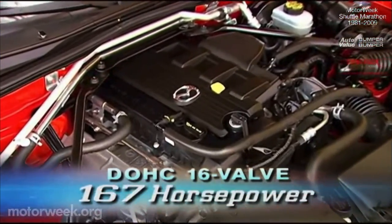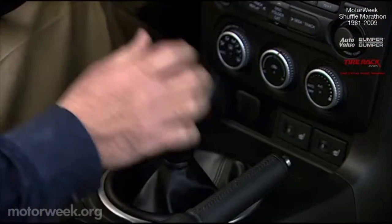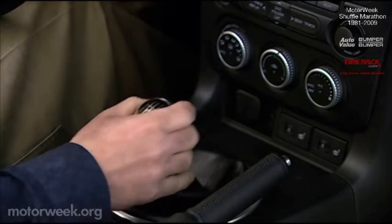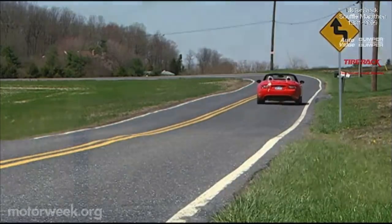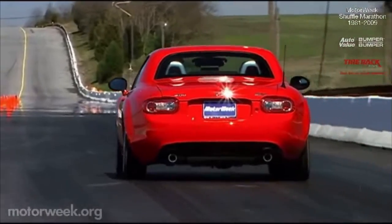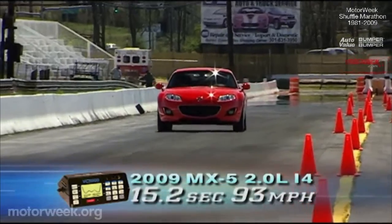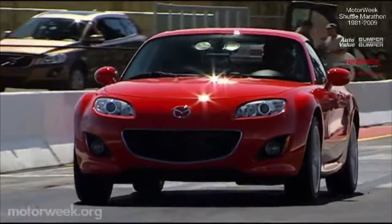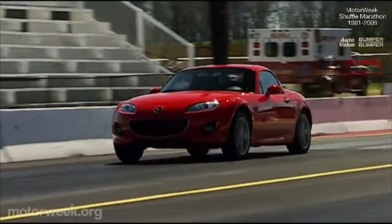Output is 167 horsepower, an increase of 1, and 140 pound-feet of torque. This engine ties to a 5-speed manual, our tester's 6-speed manual, or a 6-speed automatic with paddle shifters. On the track, our MX-5 recorded a spirited 0 to 60 of just 6.8 seconds and finished the quarter mile in 15.2 seconds at 93 miles per hour. Its stick shift is the blueprint of how a manual should feel. Snicky and quick through its tightly spaced gears, and the engine revs in a hurry with a sweet Euro tuner